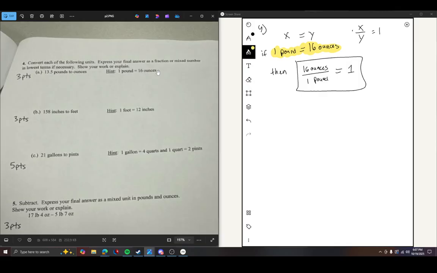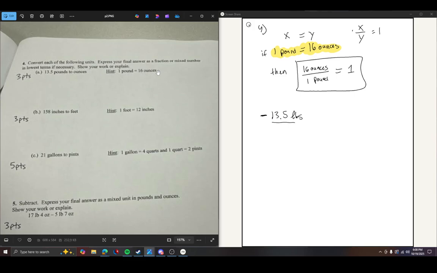So when I go about solving these problems, we've got 13.5 pounds, right? And how I like to do these problems is I set it up as one big fraction, because it makes canceling units super easy. When you get to really complicated engineering, you get really crazy unit conversions, and it's always the last point on a really big test, and they always trip you up and you miss the units at the end.